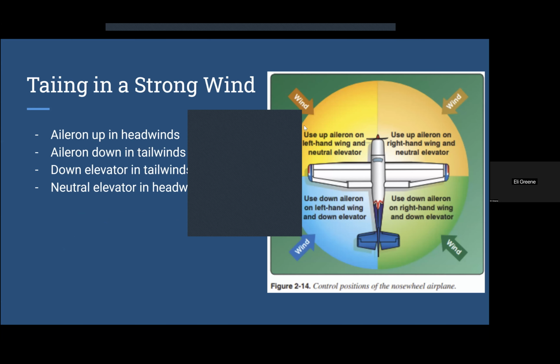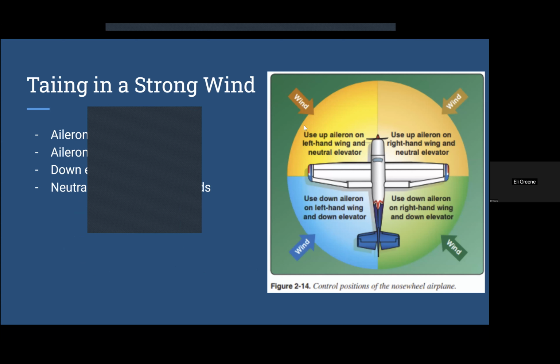The FAA basically says that it's so the wind cannot get under the wing and flip the airplane. So if you have up aileron on the left-hand wing and a quartering headwind, that would push the wing down and make sure that no excess lift is being produced. But in the case of a tailwind, down aileron means that the wind isn't able to get under the wing and produce a lifting force. Yeah, a good way to explain it is if you have an airplane that's